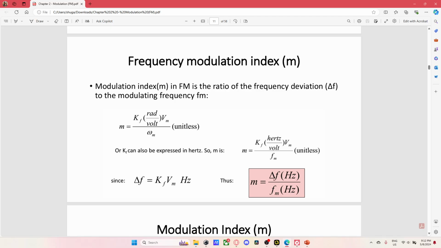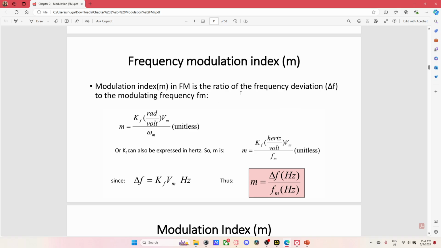So let us go through with frequency modulation index. Okay, it is similar to AM frequency, but the difference here is which value we are going to use. Instead of FC, we are using FM and delta F. Okay, so modulation index in FM is the ratio of the frequency deviation delta F to the modulating frequency